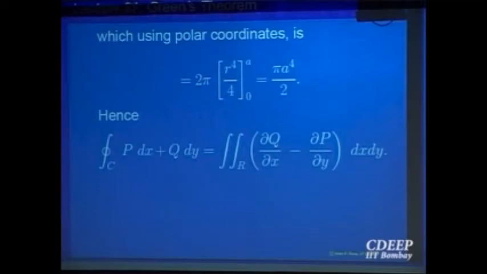But we assume that your region R is a very nice region, it is expressible both as type 1 and type 2 regions. But I would like to extend this theorem a bit beyond that also. So the idea is that normally if something is true for a region R1, and supposing Green's theorem is also true for a region R2, and they don't overlap but their boundaries are common, then for the union also it will be true. Why will it be true? The basic idea is, let me just show you in a picture.